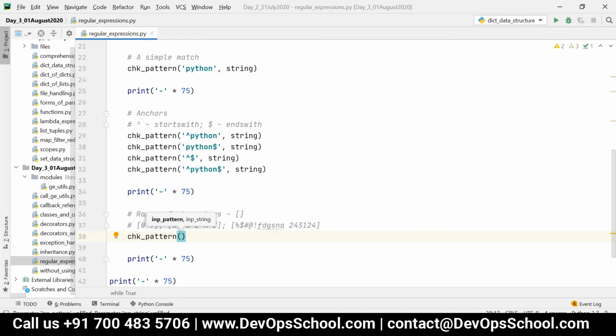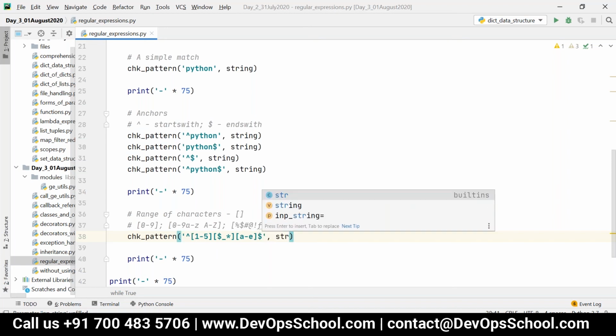Check pattern starts with 1 to 5, and then let me give some dollar underscore star. Okay, and then let me give A to E. And then at last I'm saying dollar. So in this case, it will match only 3 characters.